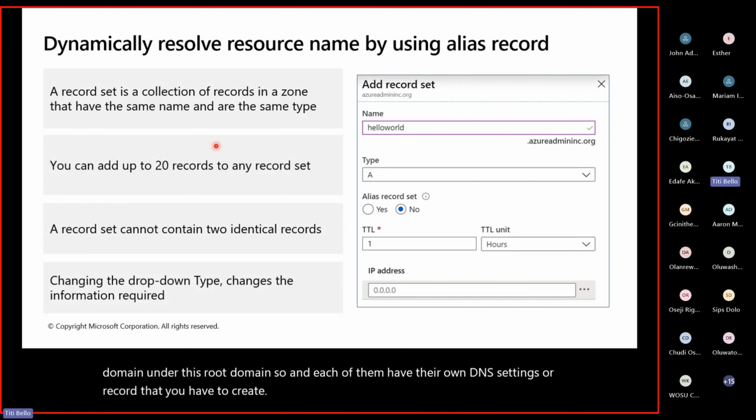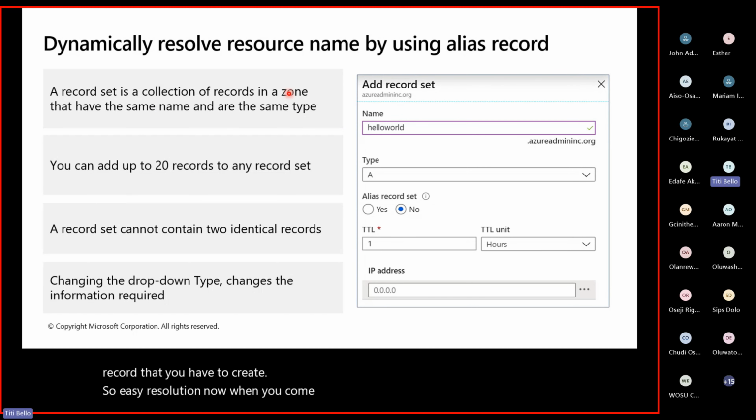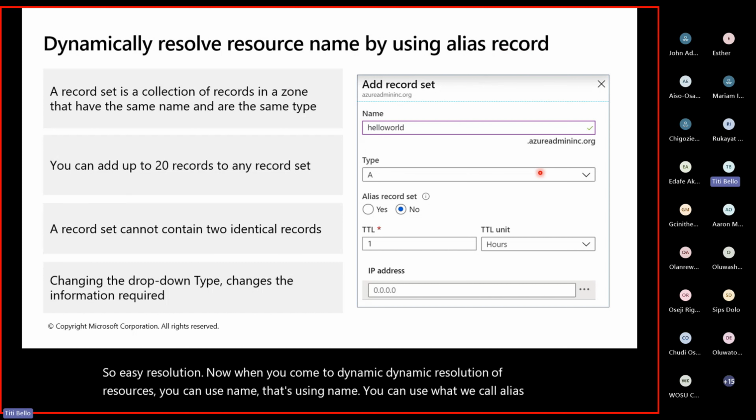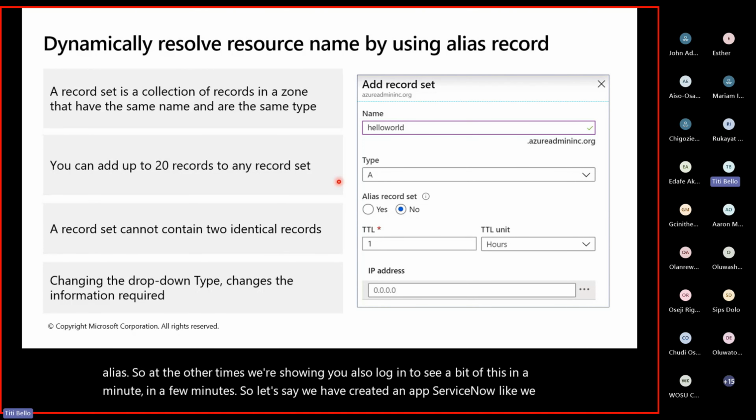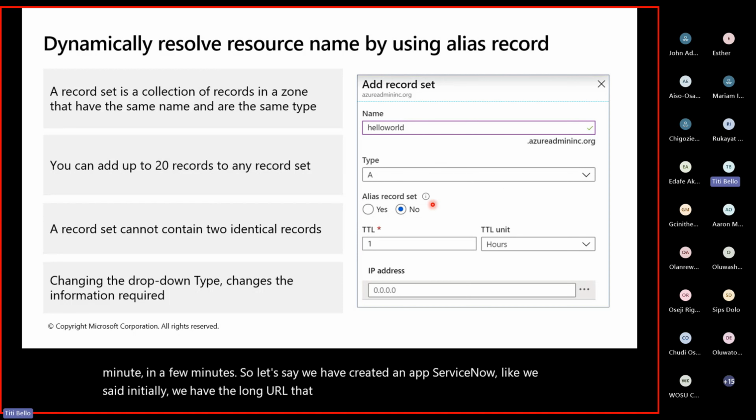for easy resolution. Now, when it comes to dynamic resolution of resources, you can use a name, or you can use what we call an alias. At other times, I was showing you, we'll also log in to see a bit of this in a few minutes. So let's say we have created an app service, like we said initially. We have the long URL. Say the app service that I created was my website, so it's going to be mywebsite.azurewebsites